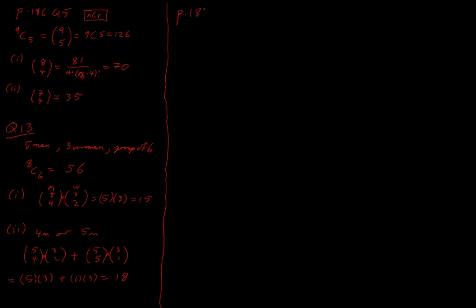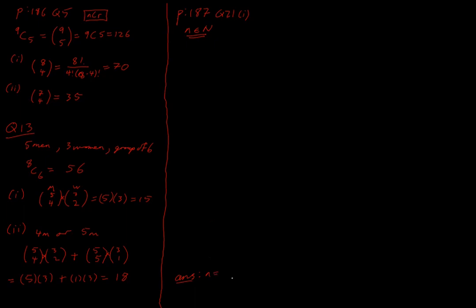Next page, page 187, question 21, part 1. We're asked to find the value of n, where n is an element of the natural numbers. This is going to be important. If they give you a restriction like that in the exam, write it down next to where you're going to put your final answer. So to mimic that, I'm going to put down ANS,